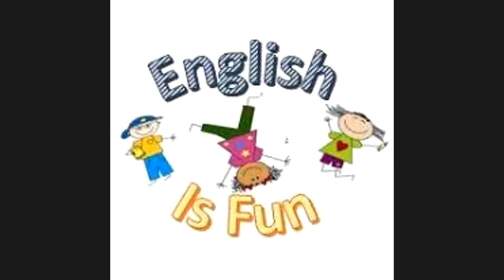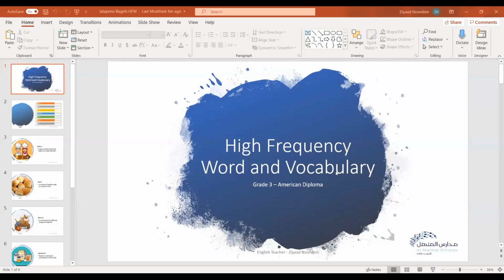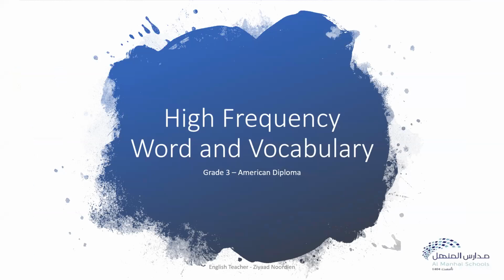These stories that we are doing are teaching us so much about different cultures, and we're going to jump right in with the lesson that I prepared for you today. It's all about the high frequency words in Jalapeno Bagels, and it will help you understand everything while you are reading the story. And also we will have completed the reading in Sunday and Monday's lesson. So I'm going to hop right in, and then I'm going to share my screen with you real quickly. As you can see over here, it's the high frequency words for grade 3 American Diploma. I'm just going to make this a bit bigger so you can see it.